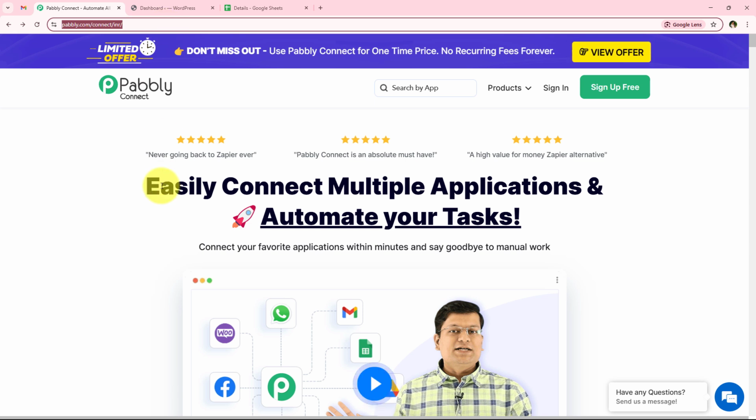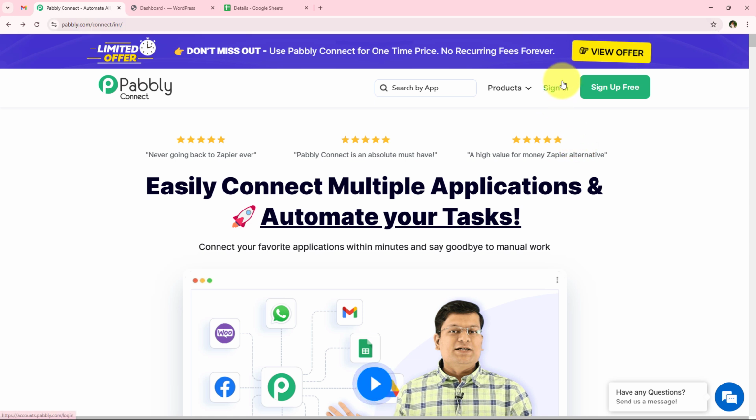It is very easy, and as soon as we open the landing page of Pabbly, we are going to get two options. One is sign in and the other one is sign up for free. So if you are a new user, you can click on sign up for free and you're going to get 100 free tasks every month to explore the application. But over here, I'm an existing user, so I'm simply going to click on this sign in,